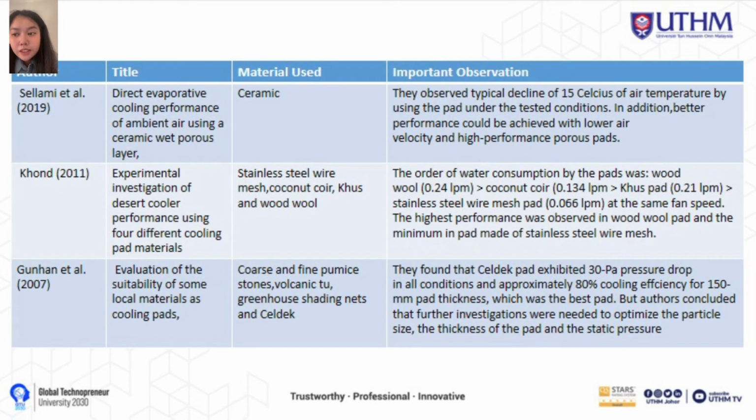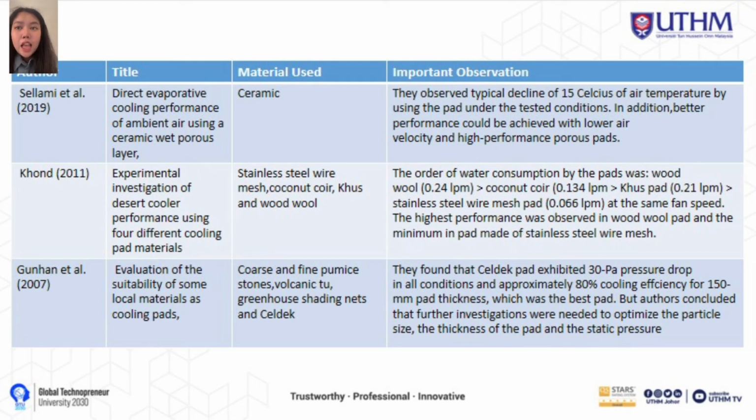Okay, next one is Slami. The title is Direct Evaporative Cooling Performance of Ambient Air Using a Ceramic Wood Porous Layer. The material used is ceramic, and the important observation I found is they observed a typical decline of 15 Celsius of air temperature by using the pad under the tested condition. In addition, a better performance could be achieved with a lower air velocity and a high performance of a